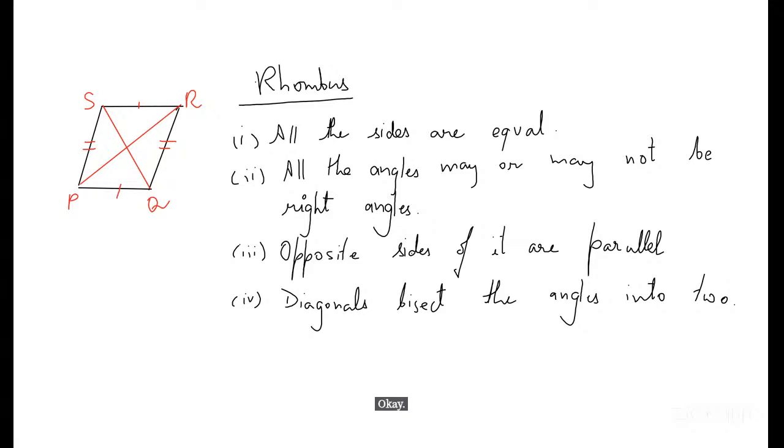Ma'am, the diagonals of a quadrilateral always make four triangles. Yes, they make four triangles. That's right. They will divide the whole quadrilateral into four parts, four triangles. Ma'am, a quadrilateral always has two diagonals. Yes, that is correct. All types of quadrilaterals, squares, rhombus,